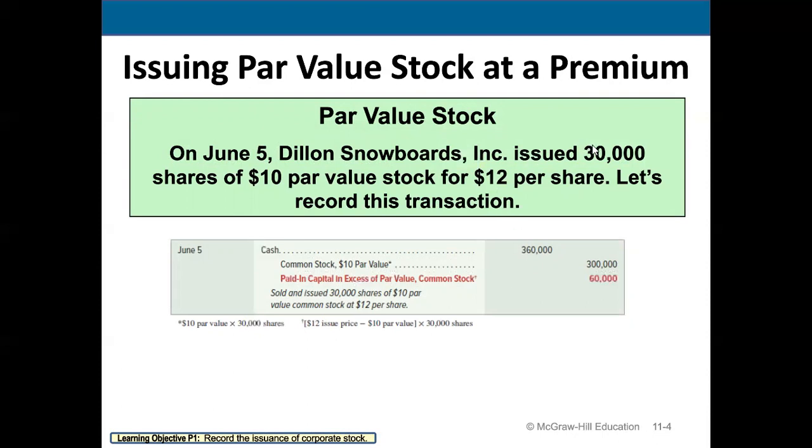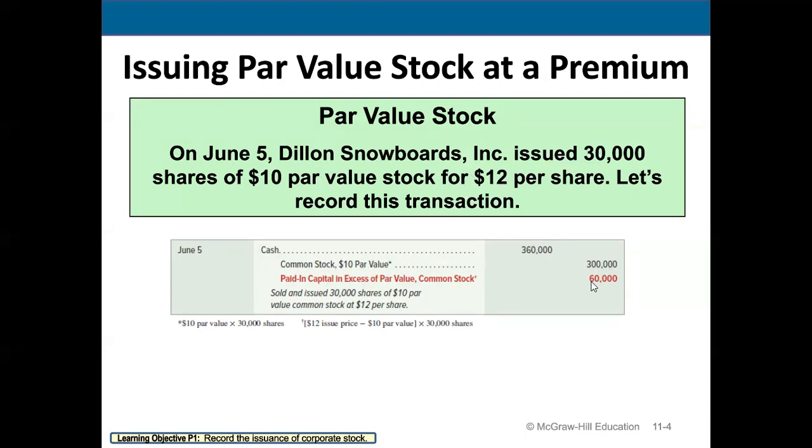So if we issue 30,000 shares for $12 per share, that means we're going to get $360,000 in cash. So we'll debit cash $360,000. But then we're going to record the common stock at the par value. Remember, the par value is $10, so 30,000 shares times $10, $300,000 common stock at par value. And then any amount we received over that par value, we're going to list as paid in capital in excess of par value,